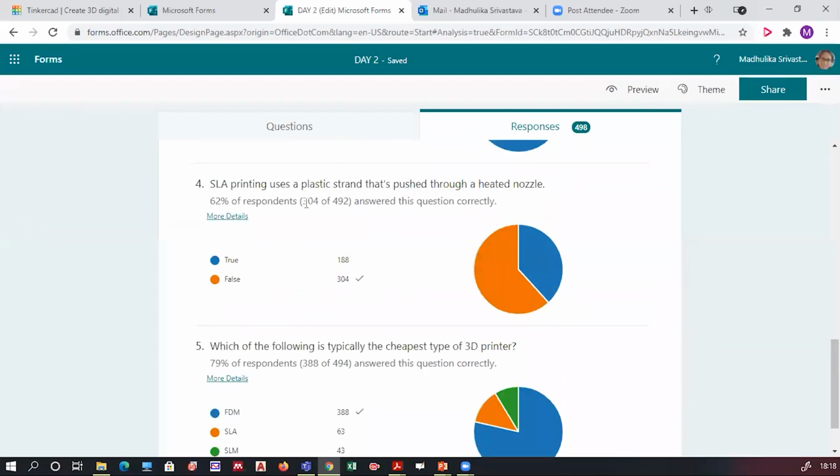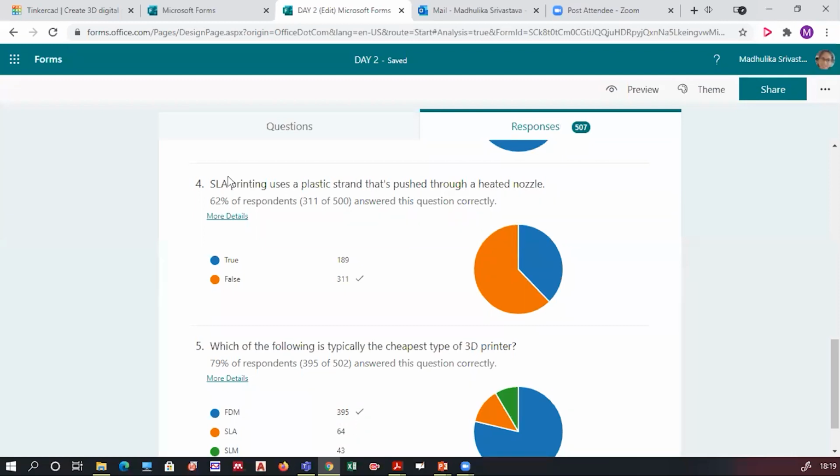SLA printing uses a plastic strand that is pushed through a heated nozzle. Is it true or false? The statement is false for SLA. It will be correct if I replace SLA by FDM, fused deposition modeling.